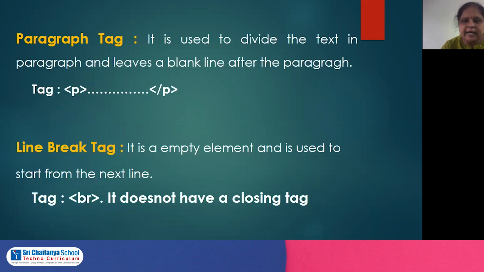Now, the paragraph tag. For example, I'm writing some 5 to 6 lines, and all those 5 to 6 lines of paragraph information should be displayed as a paragraph. Then that information we have to type within the tag called P, the open tag P and the closing tag slash P, and this is the information we are going to type, which will be displayed as a paragraph on the web page. In the same way, you already know about the break tag, which is to display the line from the next line.